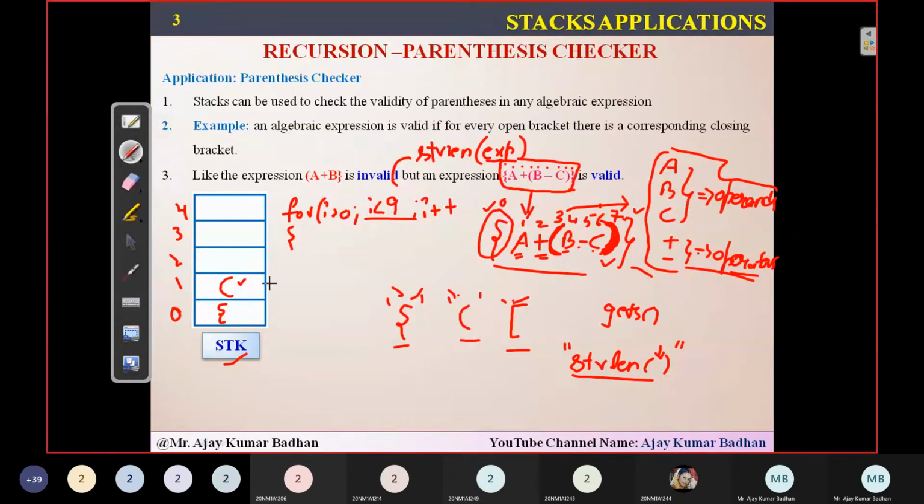What is the topmost element? Right now, top is located at this particular position. What is the value you have here? Open bracket. Now you will remove that. So you will use a temporary variable, and within that variable you will store this particular open bracket. Now you are going to map this bracket with the bracket you have encountered, that is this one. So if both are the same, that's fine, but in case both are not the same, then you will be using a variable called flag here.